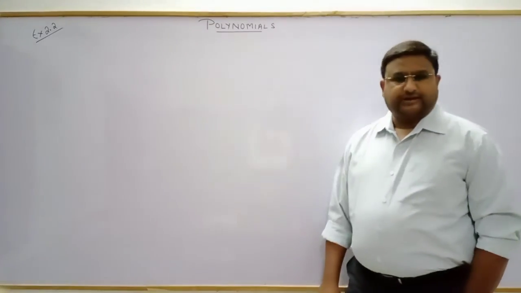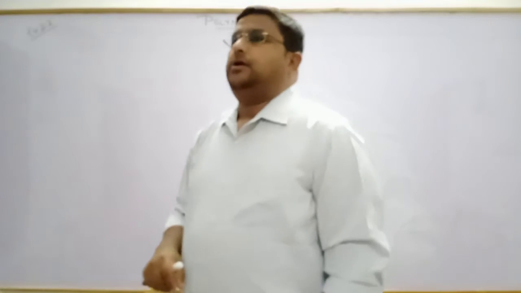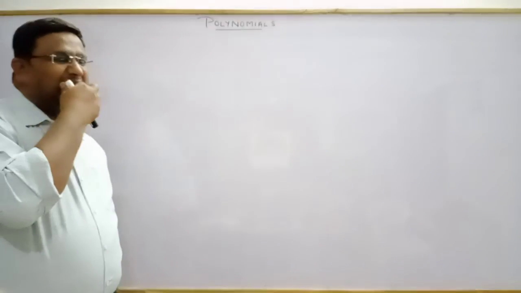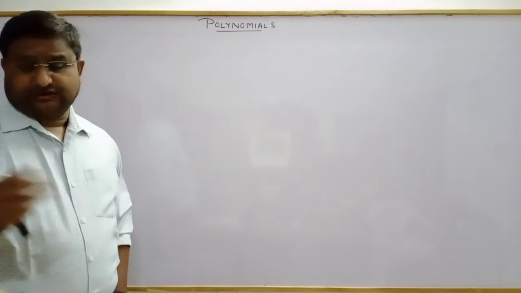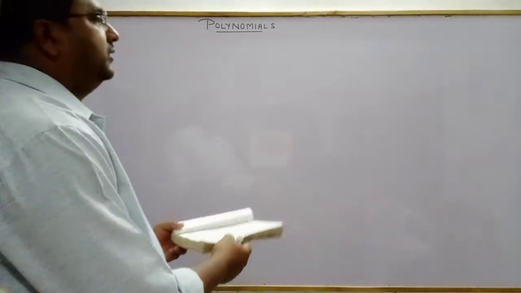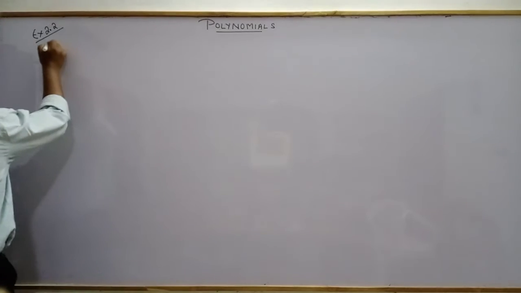Again today we will continue forward from the polynomials chapter. We are coming down to exercise 2.2 now. Here you can see he says find the values of the polynomials. If I talk about question number first and question number second, he says find the value of the polynomial. The polynomial is given to us in the form of x. If I talk about the first question,